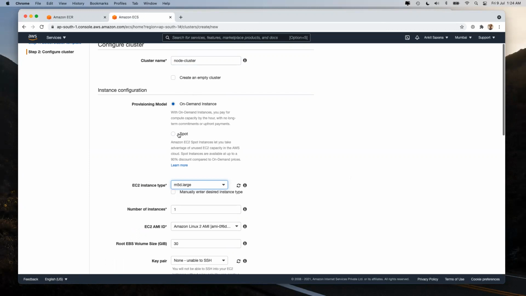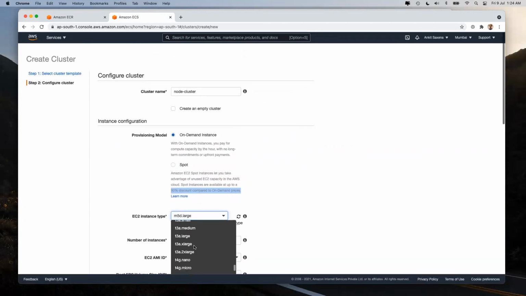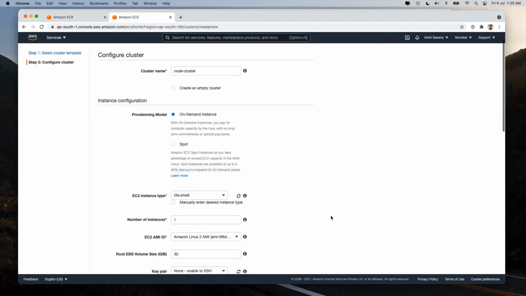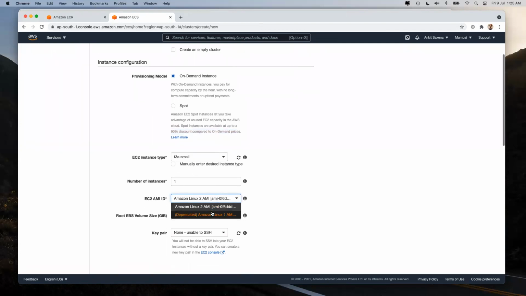However, you can also go for a spot because spot gives you a lot of discount as compared to on demand pricing. However, as you already know, it's not always guaranteed that you are allocated the spot request, because that happens based on the bidding and on the availability of that resource at that point of time. So for that reason I am selecting a T3 instance. I'm choosing a T3a small instance, and I need one machine,